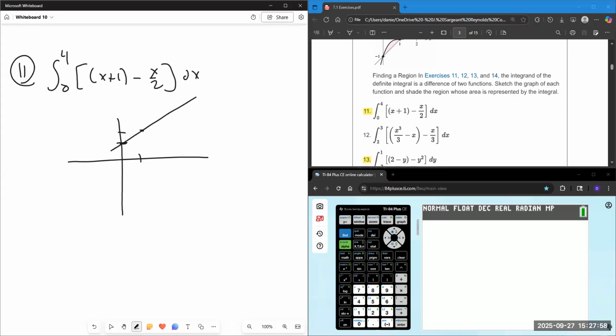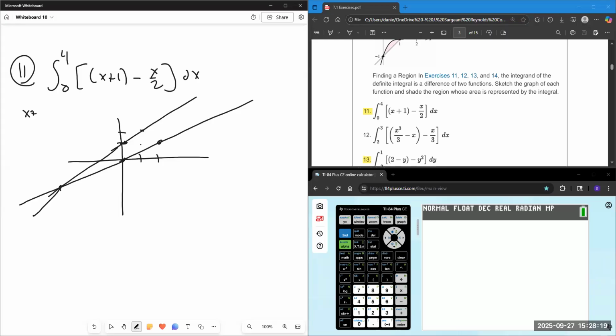I have this line. I have another line with a y-intercept of 0, up 1, right 2. And the point of intersection, I'll find it, but it isn't really interesting to me because it's outside of this